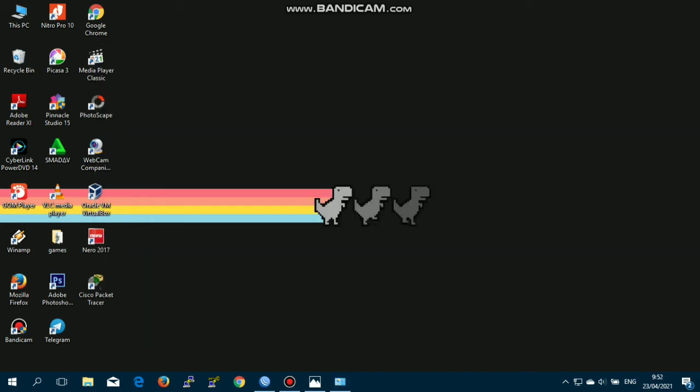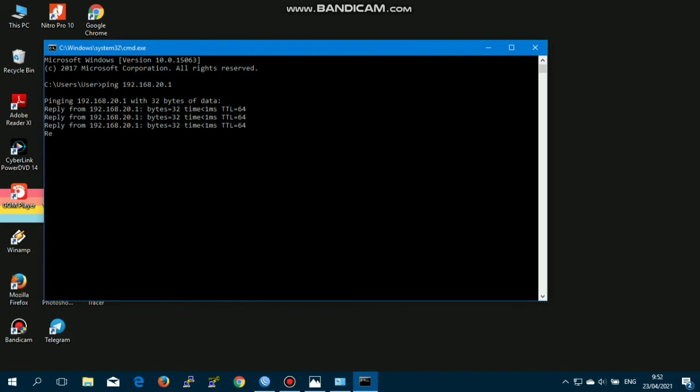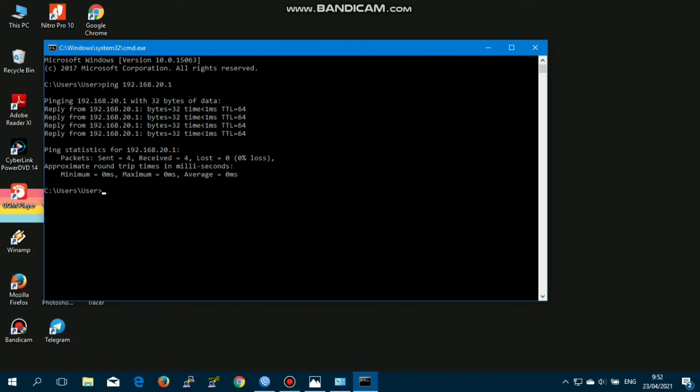After that, do the client test using ping. Open CMD, then type ping 192.168.20.1. If the result is a reply like this, it means that the client is connected to the router.